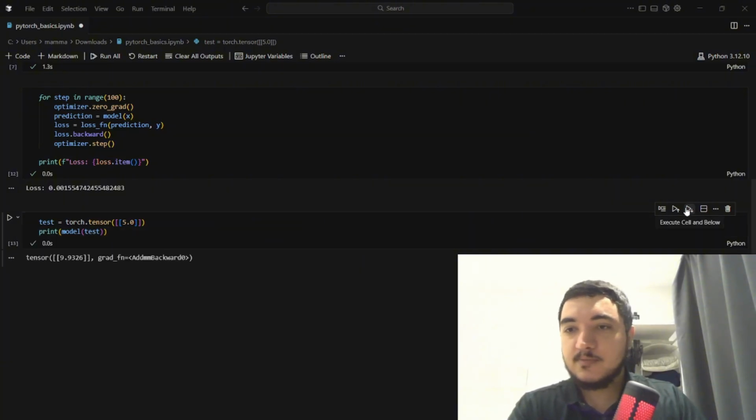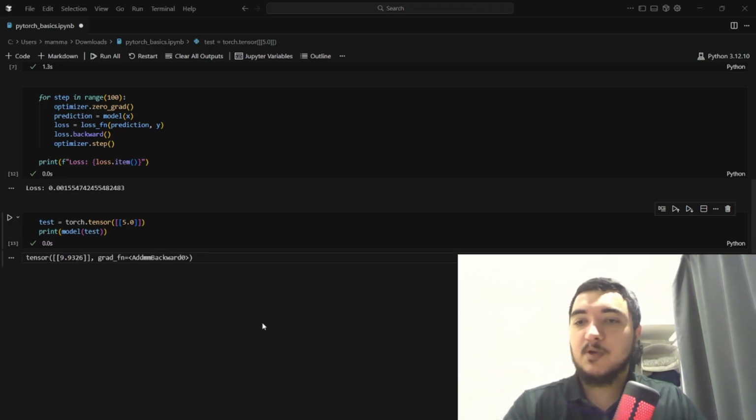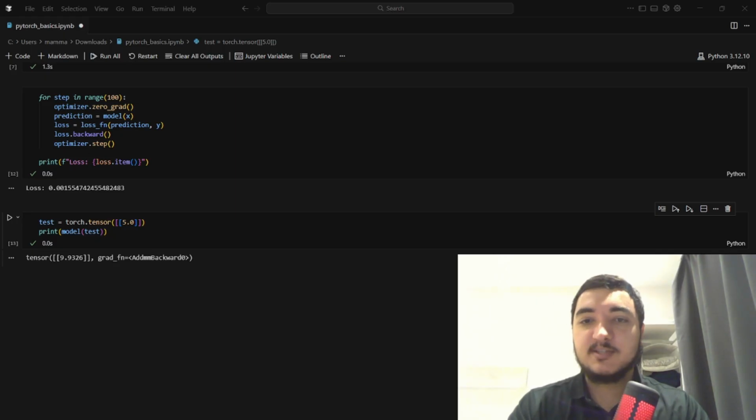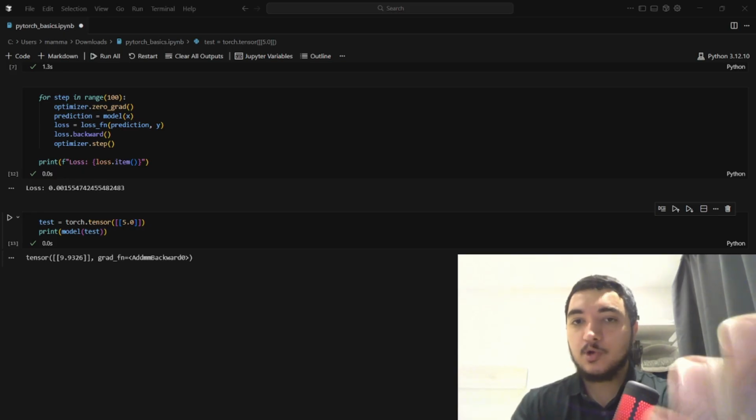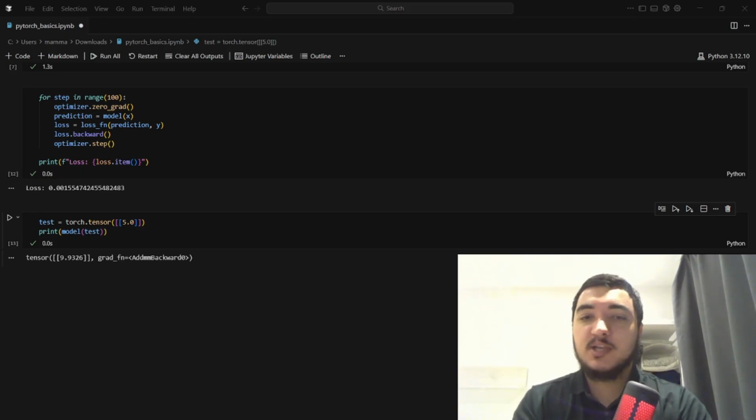Now let's run it. And as you guys can see here, it gave us a value of 9.93, which is really close to 10. That means the model has actually improved a lot and basically given us a correct output. And this is a good indicator that the model has successfully been trained and now somewhat has learned the pattern. And pretty much all the large AI models, they all work the same way, just like this. This is just a basic example, but they all fundamentally work like this. It's just with more layers, more data. However, the learning loop is the same for all the